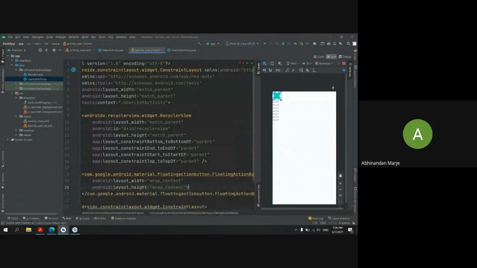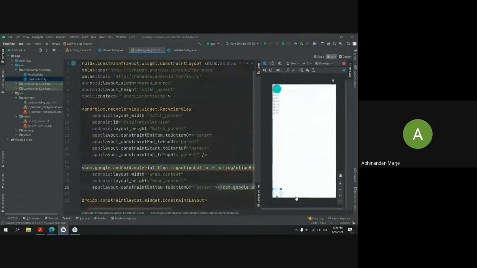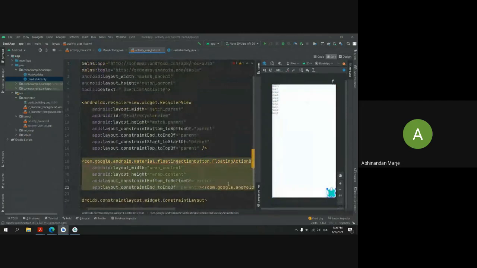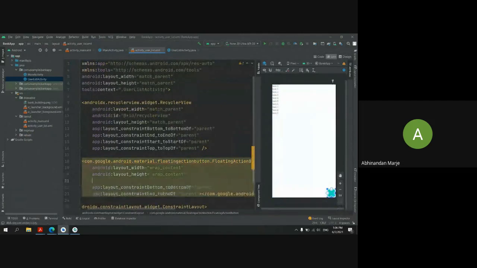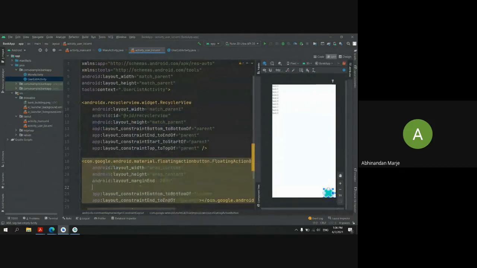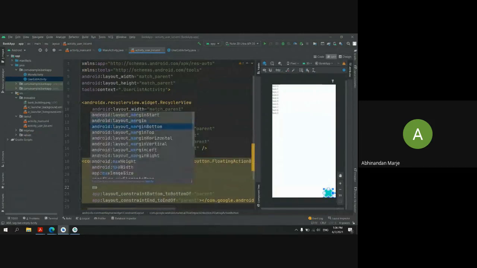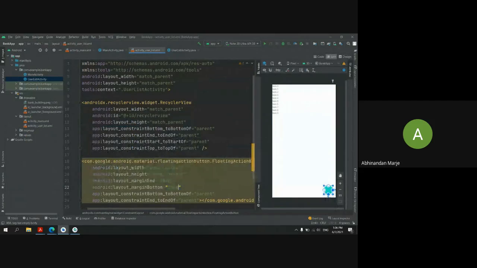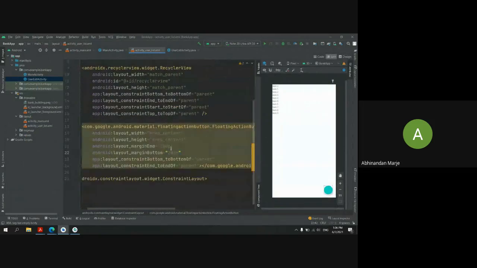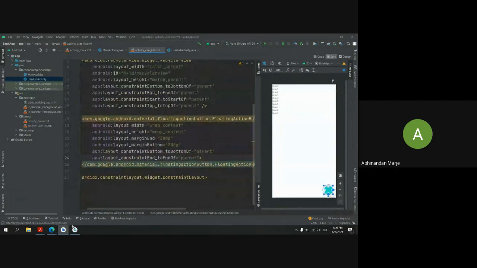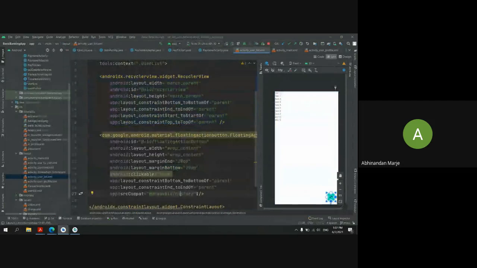See here, this floating action button is here. I want it to be on this corner. I want it to have some margin. As you can see, the floating button is here. The next thing I want, I'll give here the source compat, which I'll copy here.